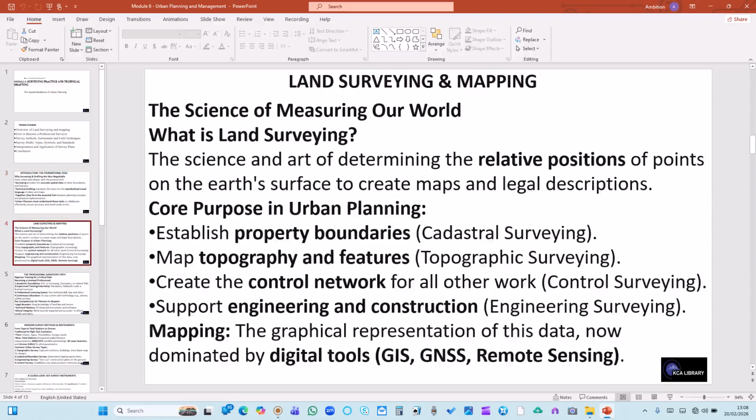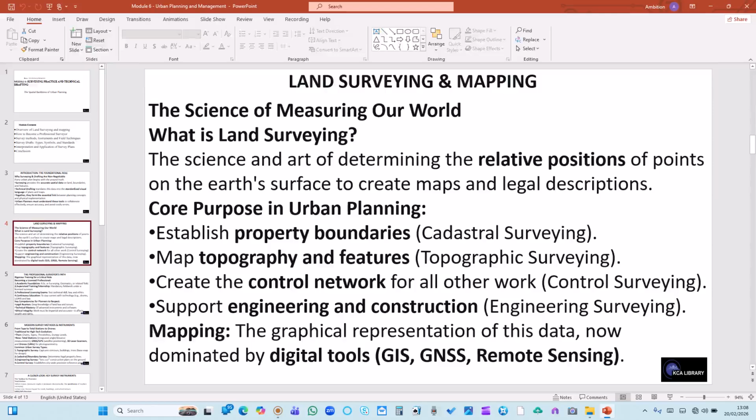Having known that, let us look at land surveying and mapping. That is the science of measuring our world. What is land surveying? Land surveying, by way of definition, may be defined as the science and art of determining the relative position of a point on the earth's surface to create maps and legal descriptions. The purposes of surveying in urban planning include: